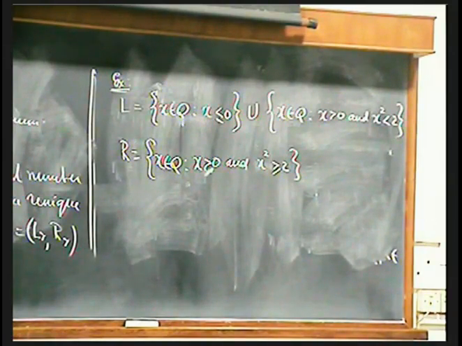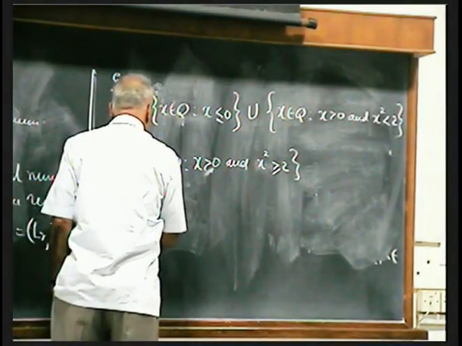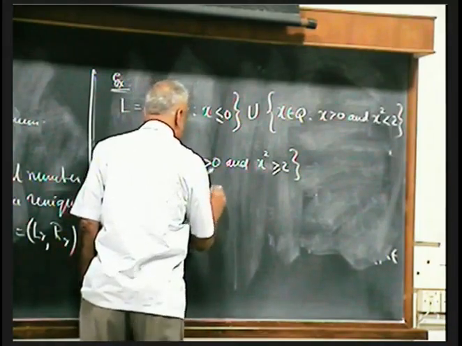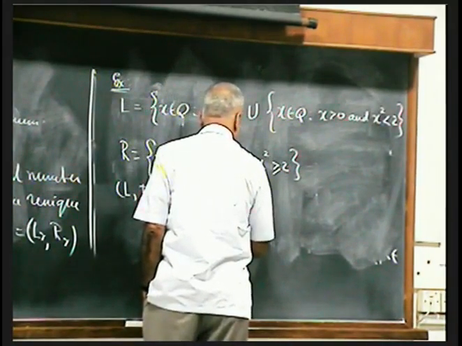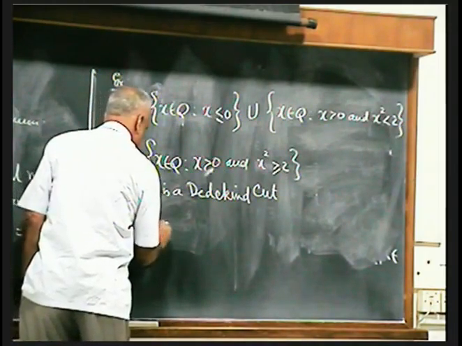Now you see that R now does not have a minimum element because square root of 2 is not a rational number. In other words, there is no rational number x such that x squared is equal to 2. So (L, R) is a Dedekind cut